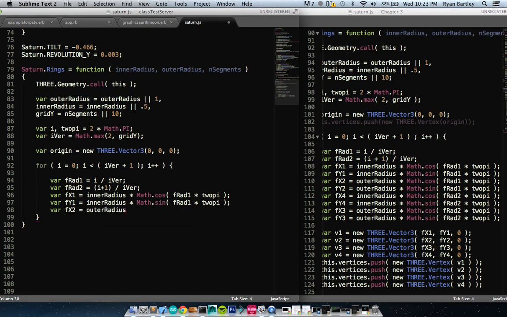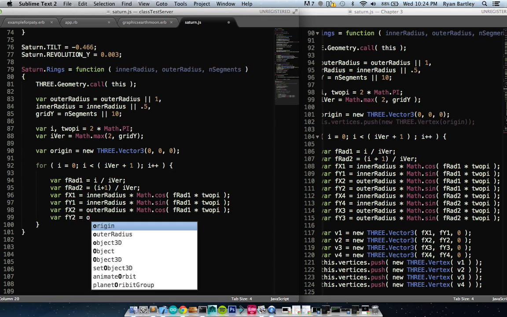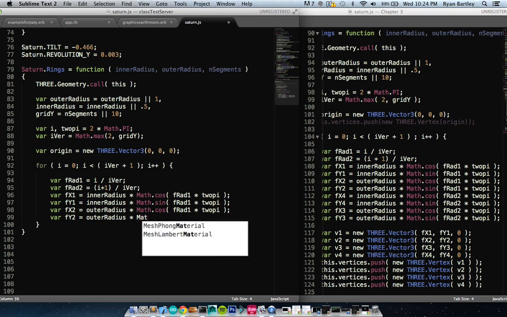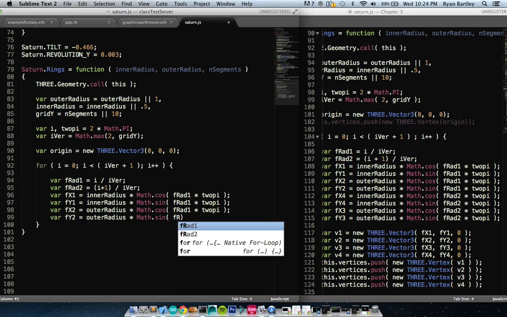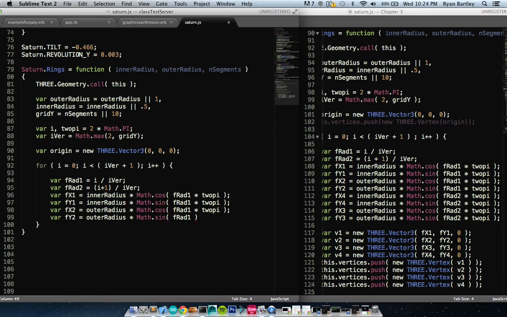Now we've got to create the exact same thing for the outer radius. So the outer radius point, which is Math.cos of f rad 1 times 2 pi, and var fy2 equals outer radius times Math.sin of f rad 1 times 2 pi. So now we have, yeah, exactly. So now we have our